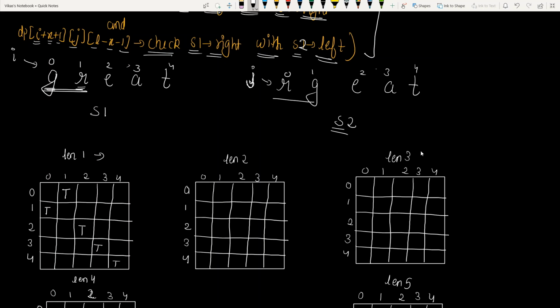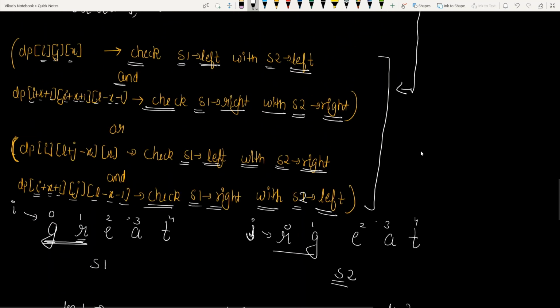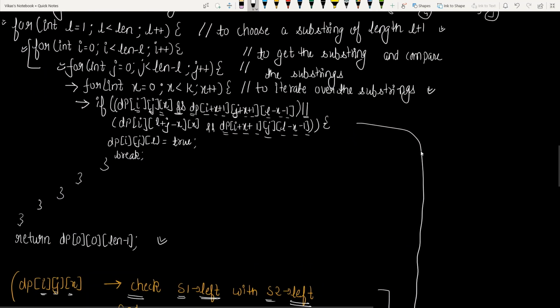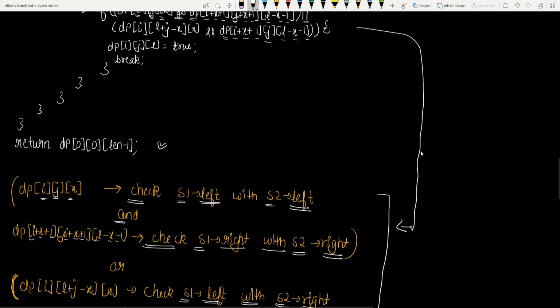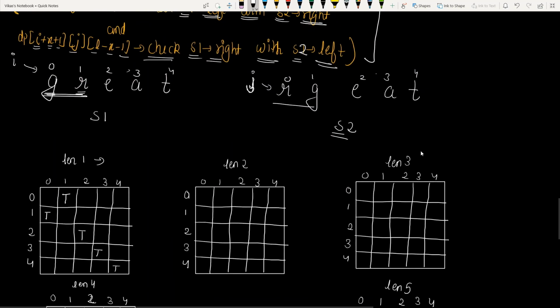Now considering these two pairs, we are going to cut. For iterating over this substring, we have taken a for loop x. This x helps us to iterate over this substring. So we are going to split it here.